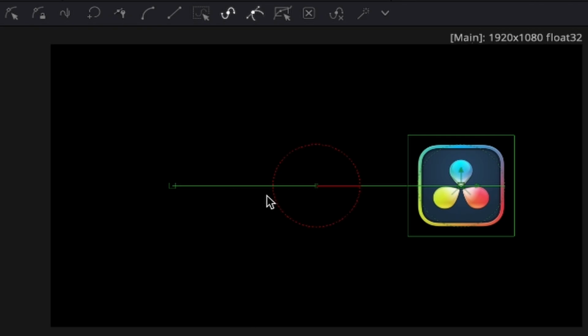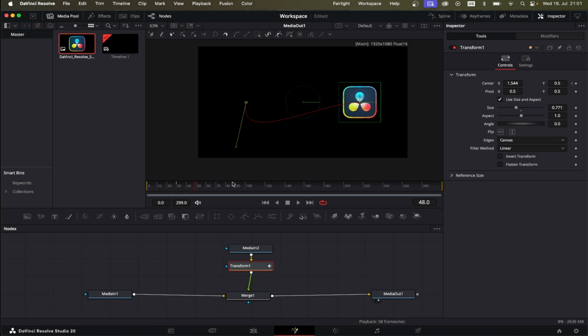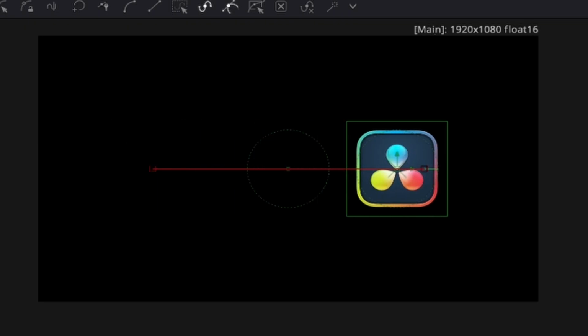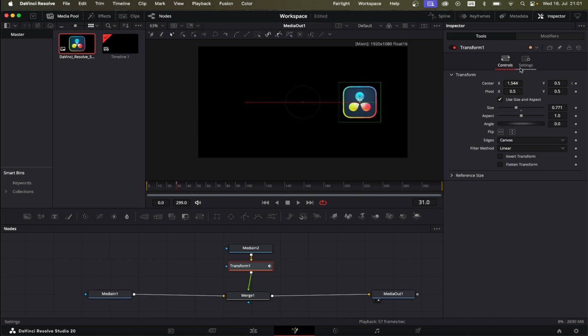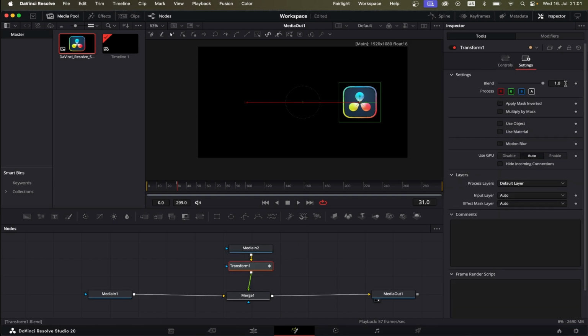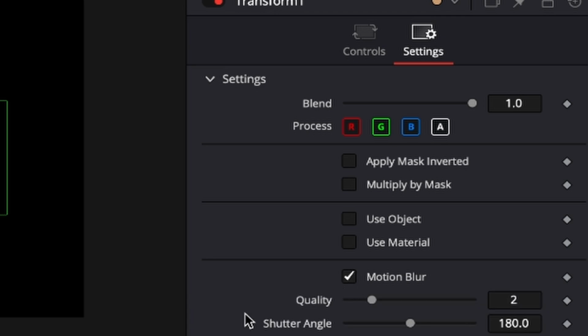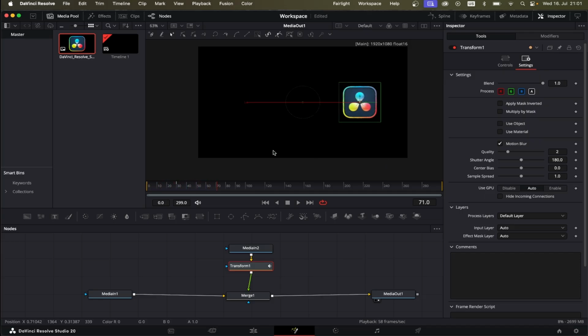You can see it also created a path behind it. We could also click on this here and move around with curves, so it would change the animation path, but this is not relevant for us. Now we can see we have created an animation, but this animation neither looks good nor is smooth, because I want my animation to start slow, go quick and then end slow. So the first thing we're going to do is to go under the transform node, open up the settings and tick motion blur. Now you can see it already looks a bit better, but now we come to the important